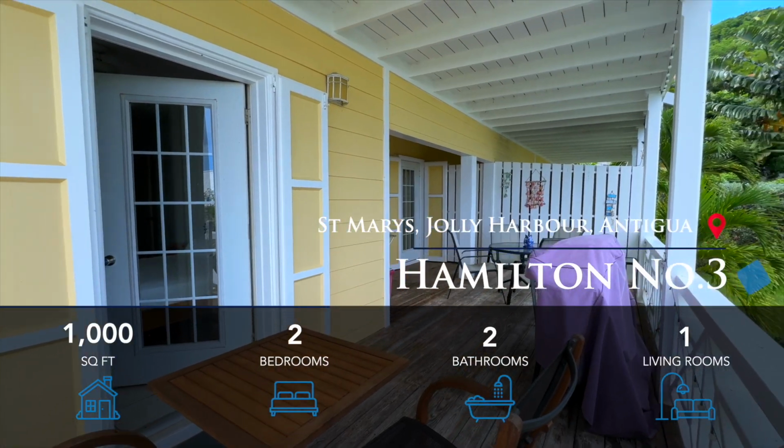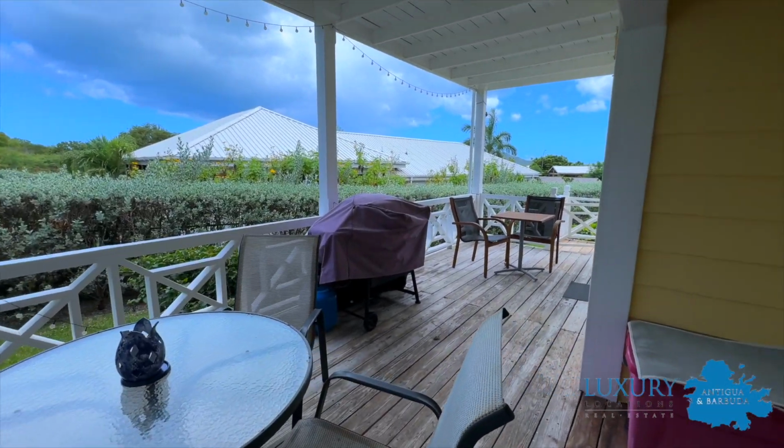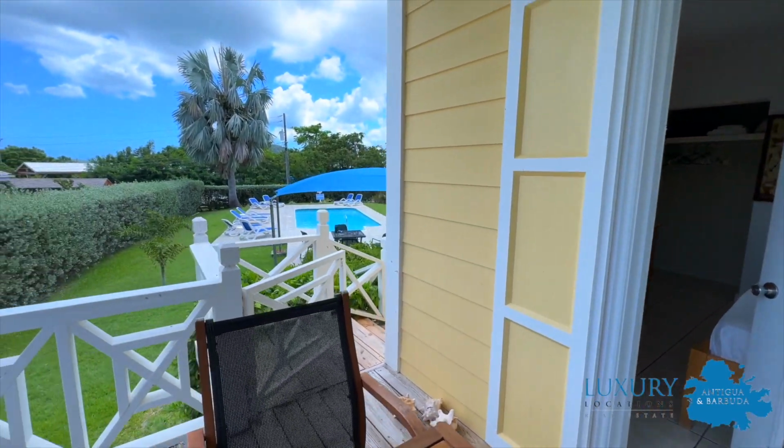The outside area also has table and chairs for your morning coffee or your alfresco dining. It has a barbecue and a lovely view of the landscape. This property is priced at $395,000 US, and if you'd like to know more or want to take a viewing,